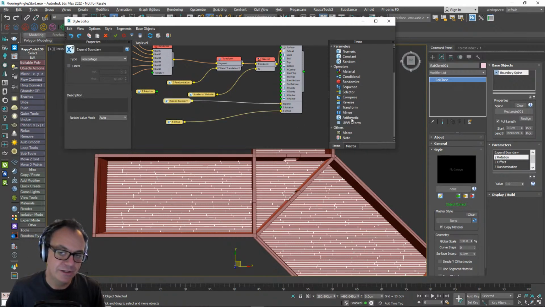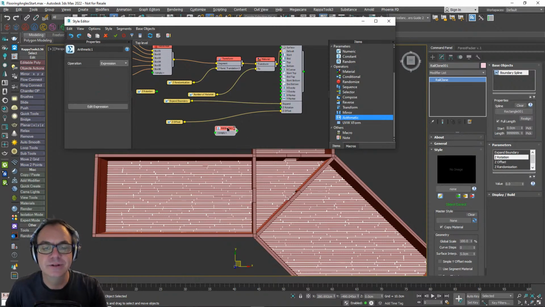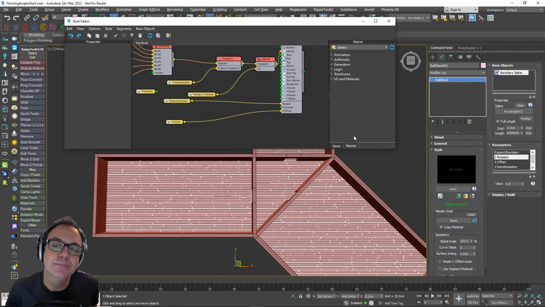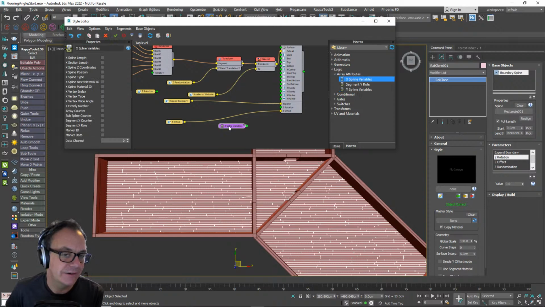There are a couple of ways of doing this. You could either add an arithmetic node, go to expressions, add an expression. People hate expressions. Or you can go to macros, talking about favorite macros. One of mine is in the logic rollout, array attributes, and there's X and Y spline variables. So what this macro does is just expose various attributes of the array that normally you'd only be able to get to by using expressions. And the nice thing about this is you can either use them directly, piping them into the graph, or you can start building them in with the arithmetic node without having to write your own custom expressions if that's not your thing.